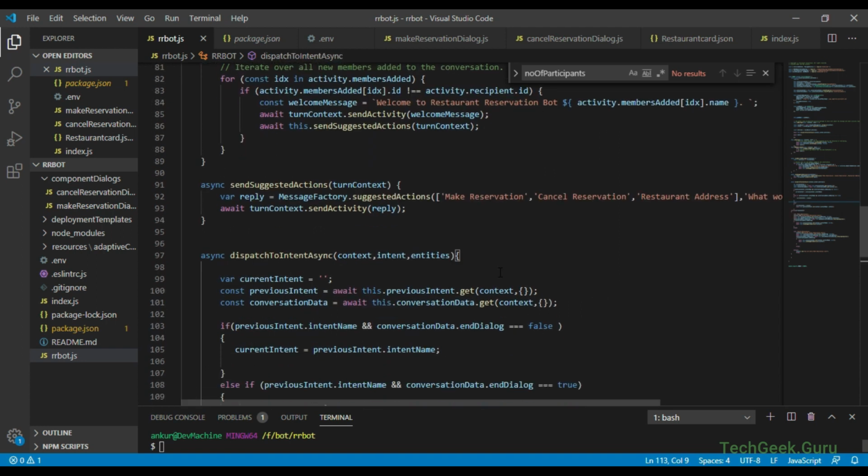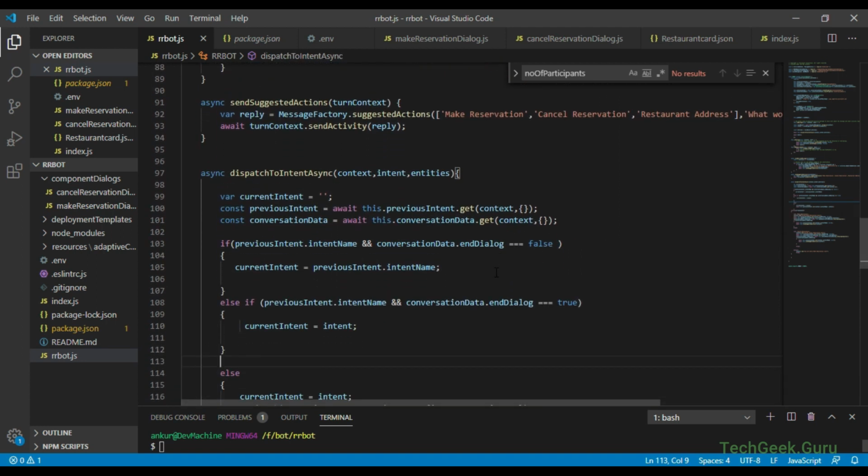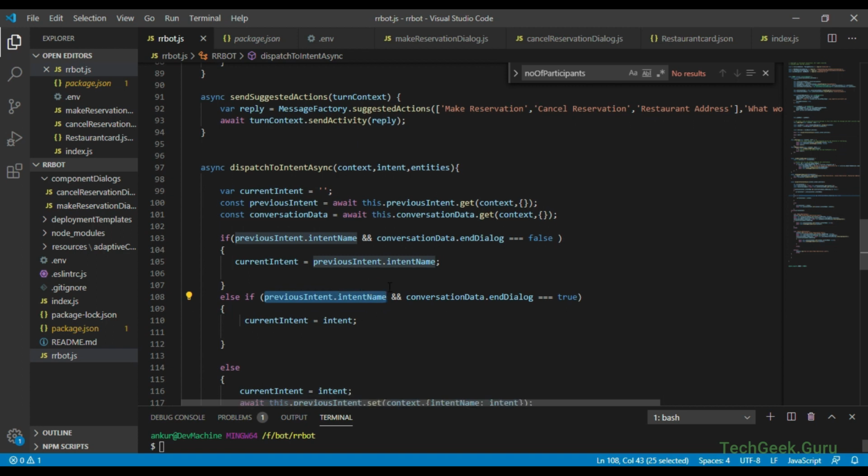So what we want to do here is whenever we get a none intent from Louis, we want the query to be routed to QnA Maker, but only in cases when previous intent is also null or it doesn't have any value. So if previous intent doesn't have any value, that means there is no dialog which is running right now or initiated right now,